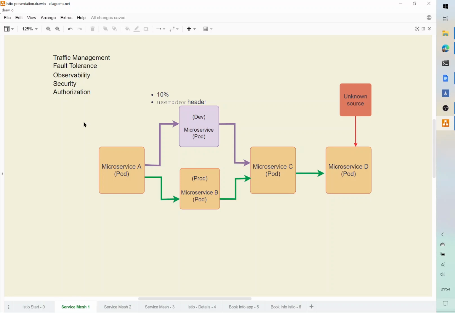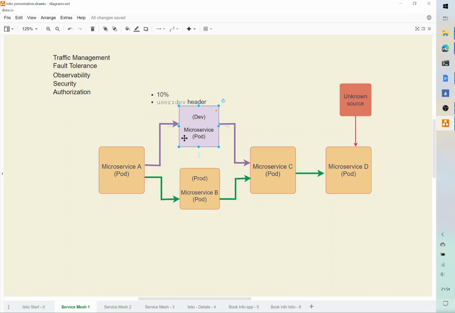Well, let's take traffic management, for instance. Suppose that we want to introduce this new dev version of this workload B, and let's say that we want only 10%, say, of our traffic destined for this microservice to come to this dev version.